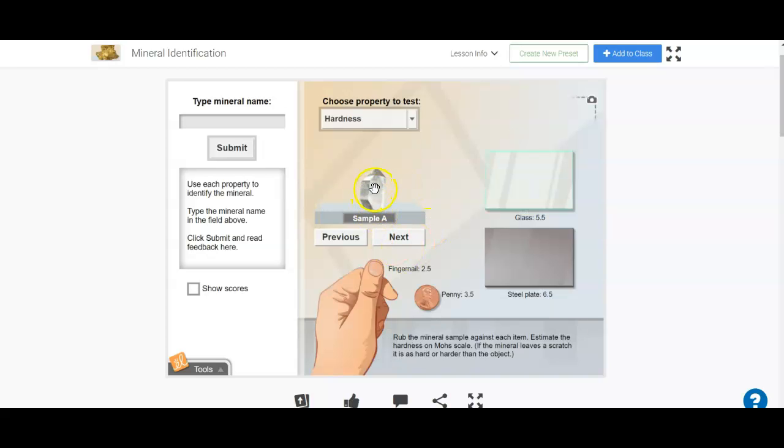hardness. So take the sample and I take it over to the glass and it scratches glass. And it scratches a steel. And it scratches the penny. And it scratches the fingernail. You see the little white lines? Those are the scratches. So I know it scratches all of them. So I go back over here